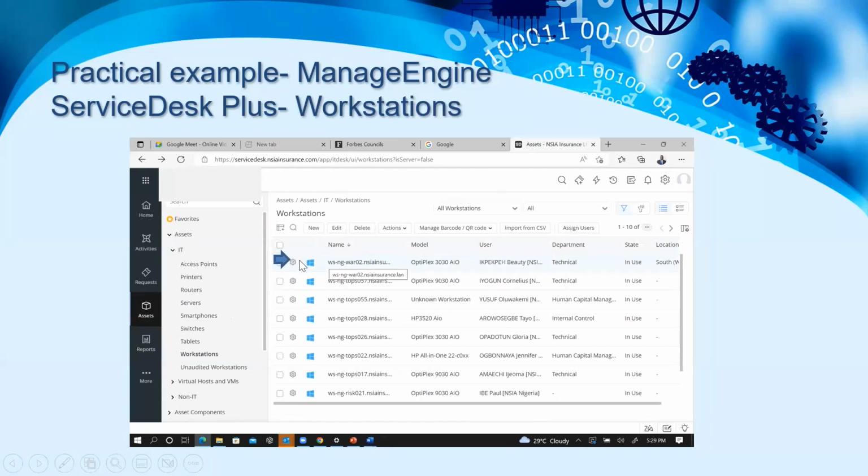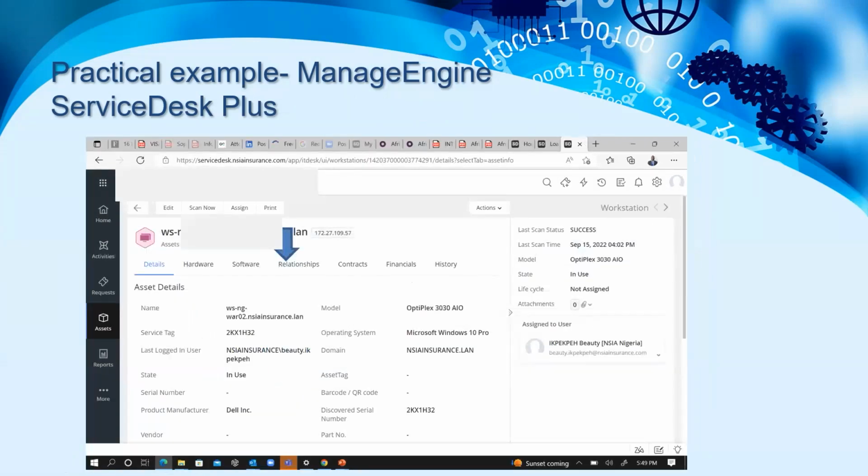So when you now point the arrow straight to a particular workstation, maybe you want to know more about that workstation. When you double click on that workstation, in this instance, I'm double clicking on the first workstation on the table, then you are able to view more details about that workstation. You can see the service tag, the model of the workstation, the domain, what is the state, is it in use, and who is the manufacturer, what's the serial number. All of these things are